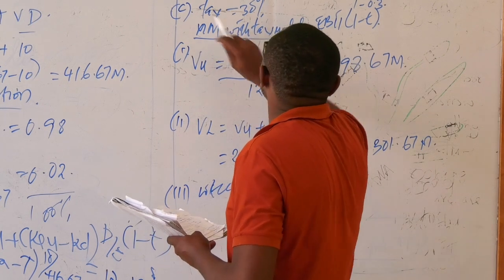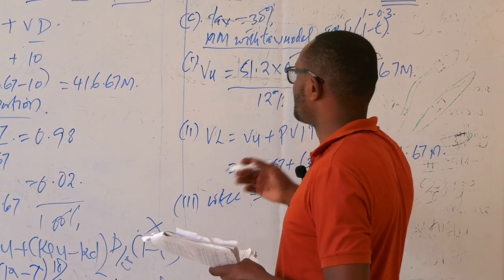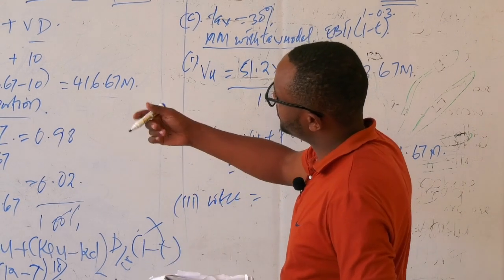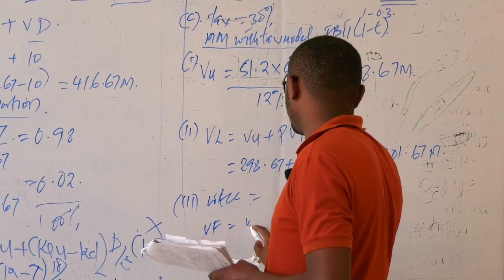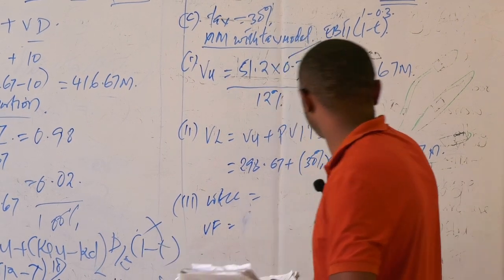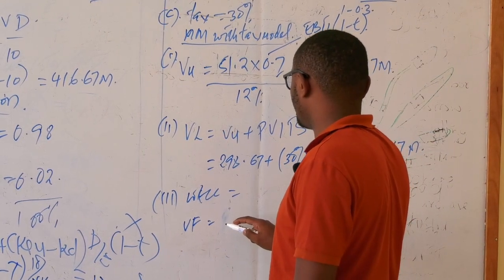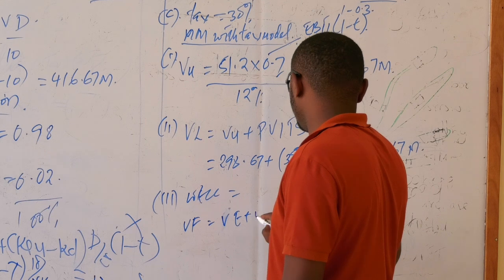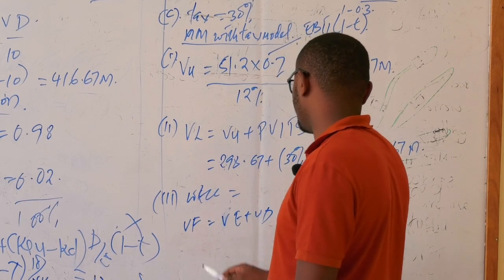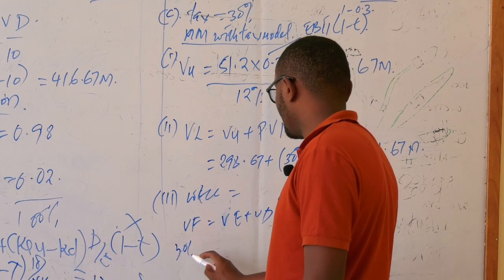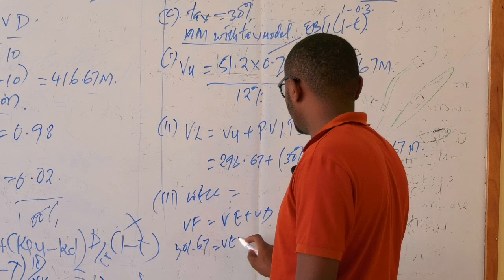So we go to the last part of it, the WACC. We have talked about the WACC, given the formulas about the WACC. So you're going to use the same concept we have calculated. We say the value of the farm is value of equity plus value of debt. I don't want to repeat the formulas again. Let me just repeat for those who have joined late. We need the value of equity. Here we have the value of the farm, 301.67, equals value of equity, which we don't have, plus value of debt.